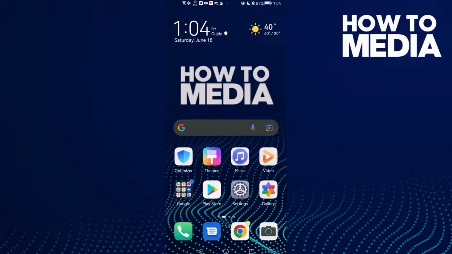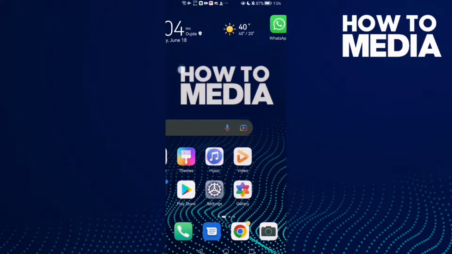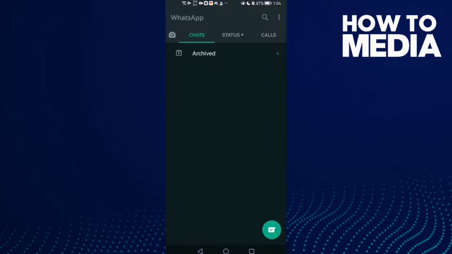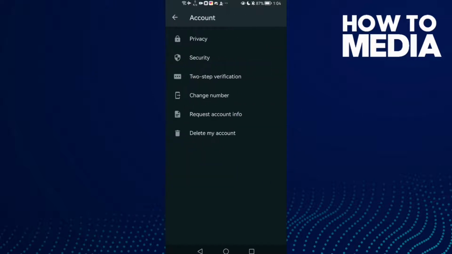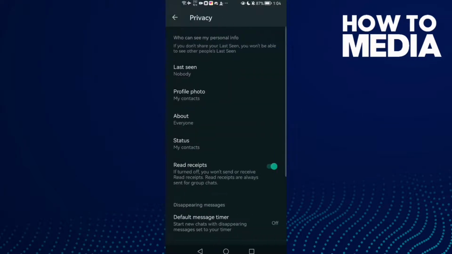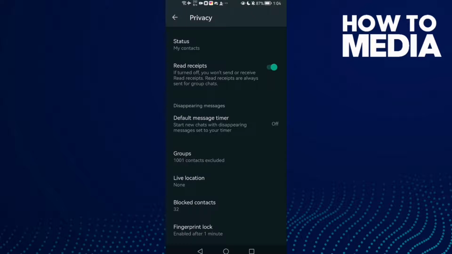Hello guys, in today's video I'm gonna show you how to turn off fingerprint lock on WhatsApp. First thing, go to WhatsApp and here you will find these three points in the top. Click on it and then click settings, and here just click account and privacy and scroll down until you find